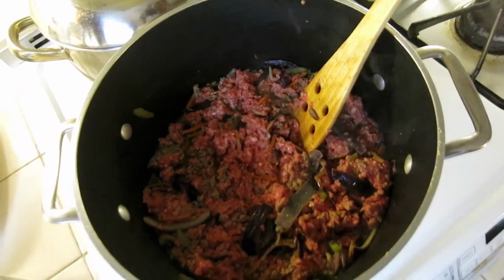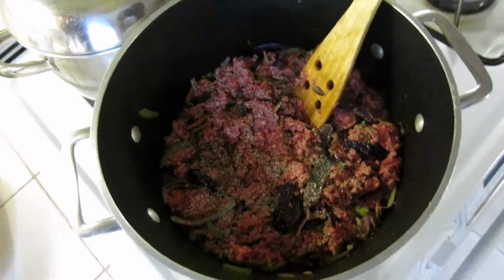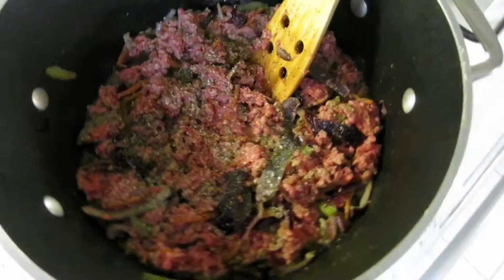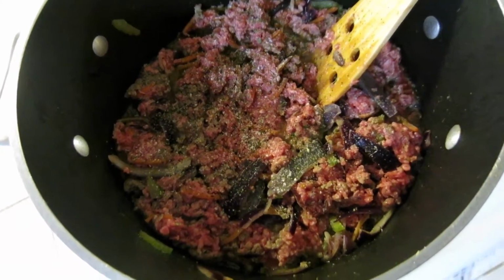Alright guys, so the meat's cooking. I'm going to re-season because every time you add something to the pot you want to season. So there you go. Same seasoning, the garlic salt, some more basil. And then we're going to cook this down until it gets really brown. And then we're going to add our wine. Alright guys, so when it gets brown like this, I like to taste it, see how everything is. That's good. Doesn't need any more seasoning. So everything's brown right now,